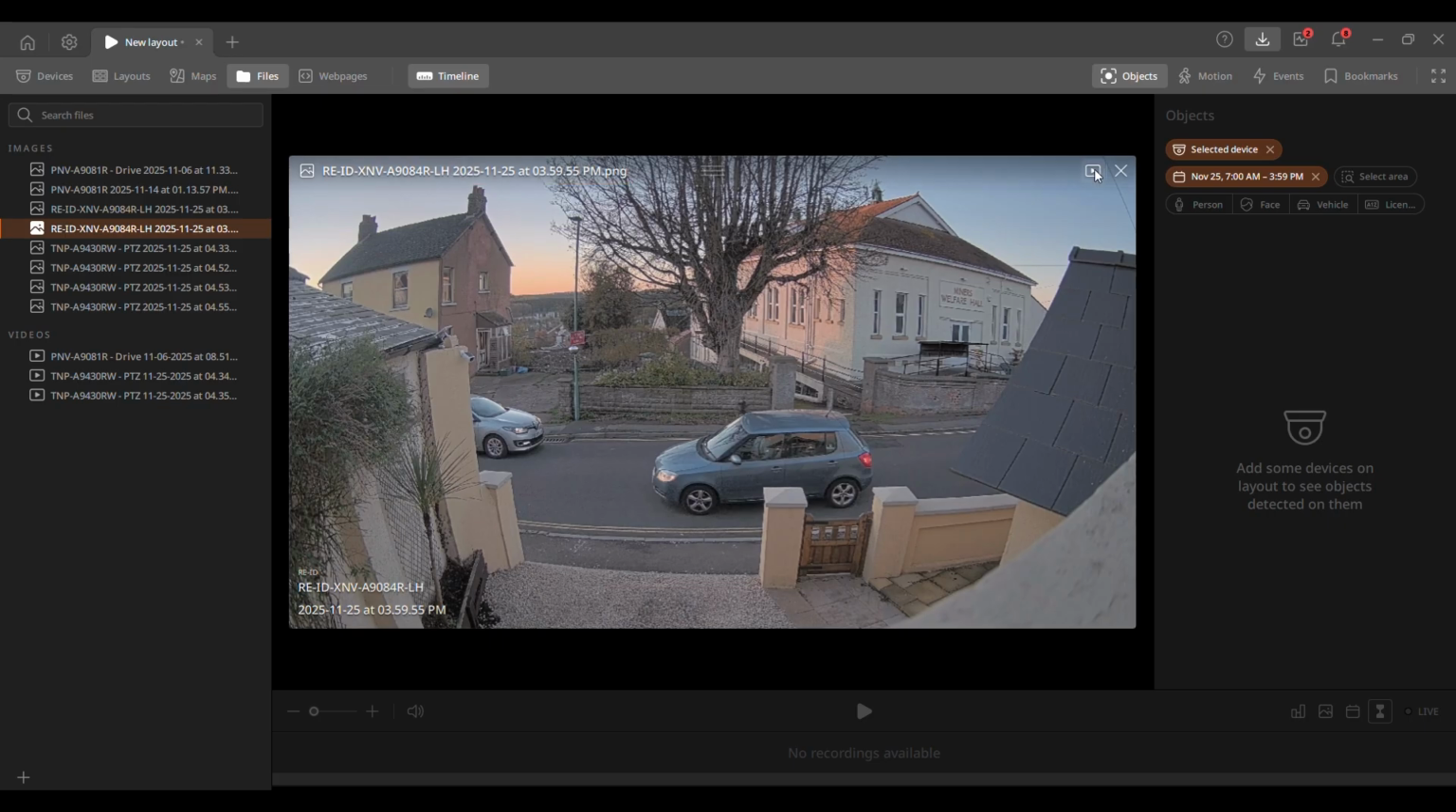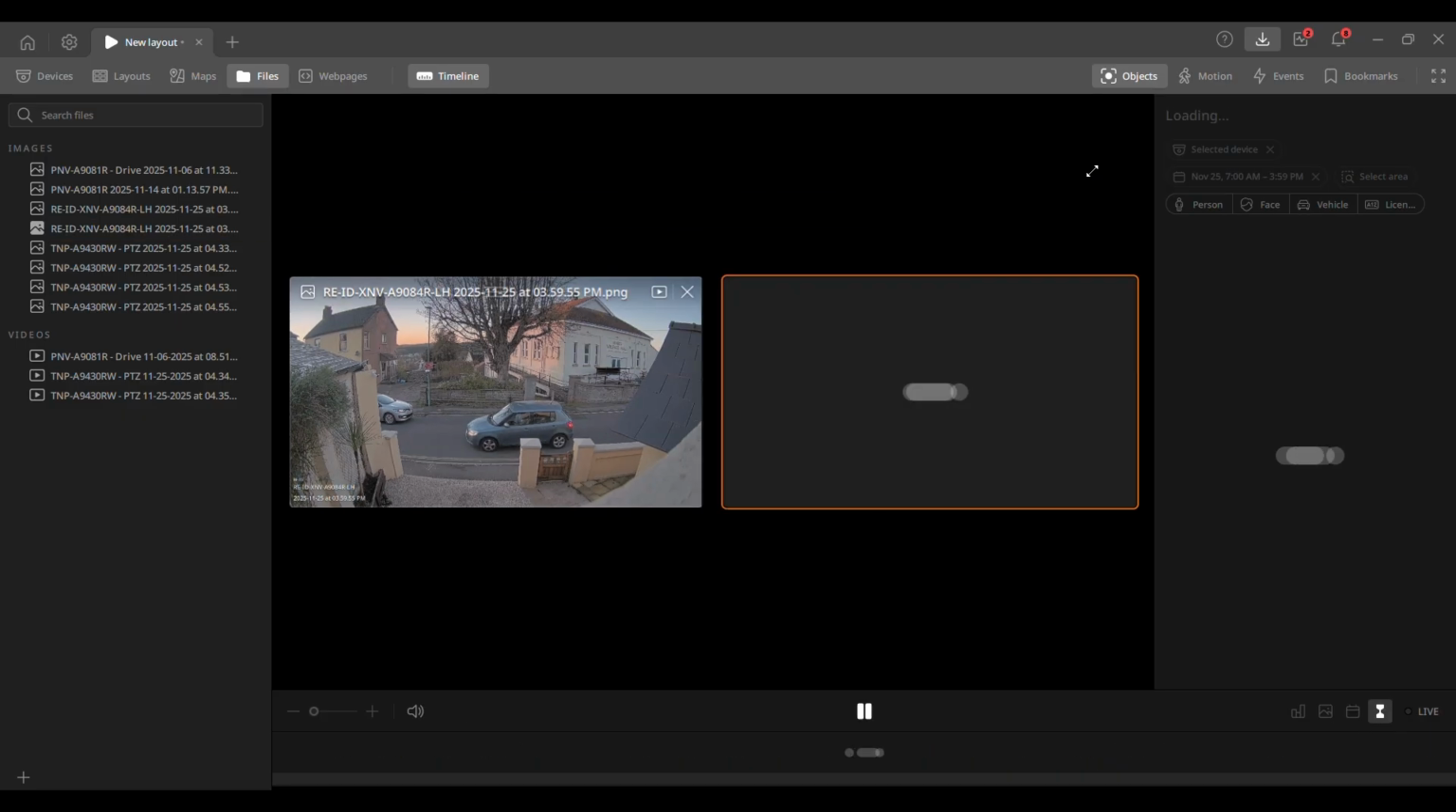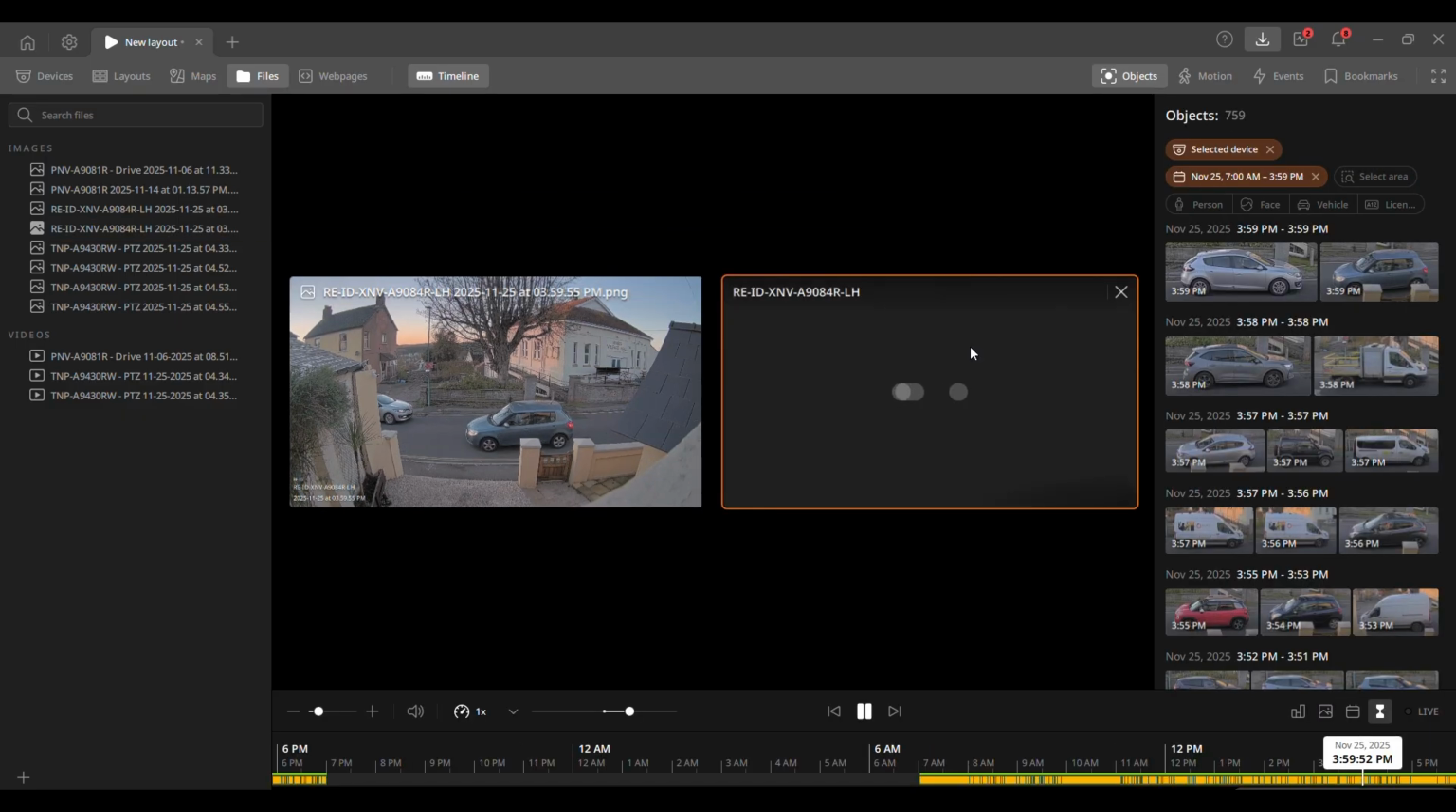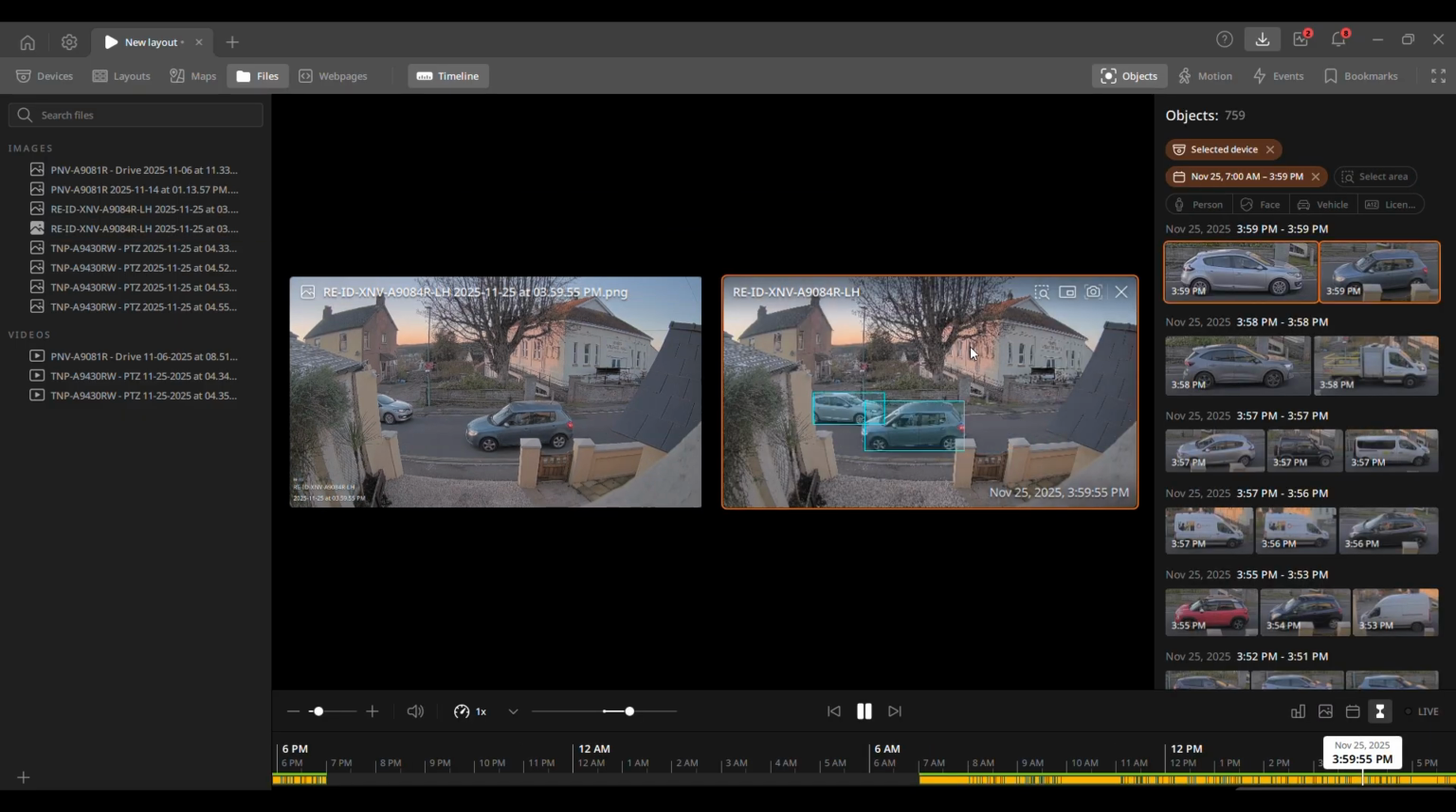One unique feature is this play icon. It plays the recorded video from the exact moment the snapshot was taken. This works as long as the footage remains in the archive. The system automatically tracks the snapshot's original location,